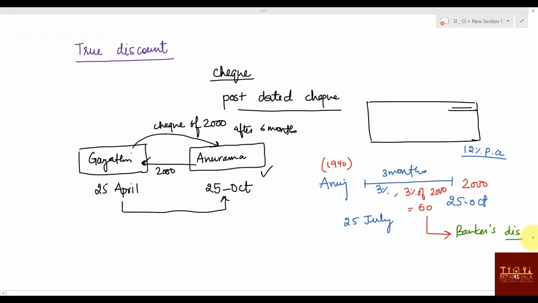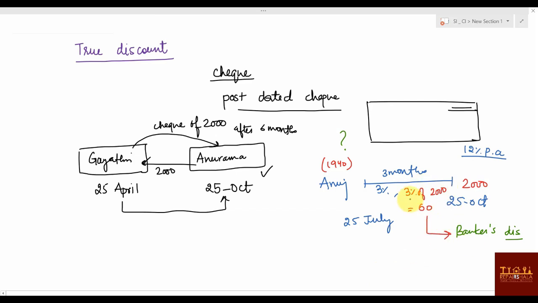Now you might be thinking that if I have given 1940 rupees and anyway it is going to become 2000 rupees here, what's the profit for me here? You might think, right? If I am doing this thing, there must be some profit. Why would I simply give the money for free? So what is the profit I'm getting here? 60 rupees profit you will be getting.